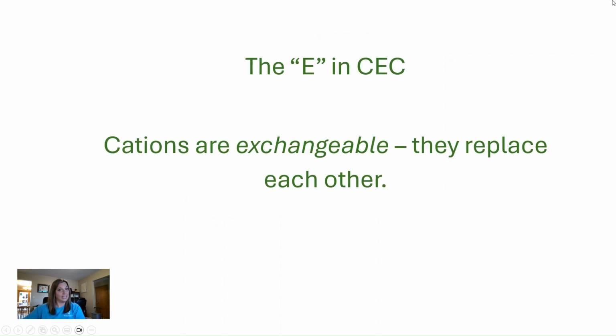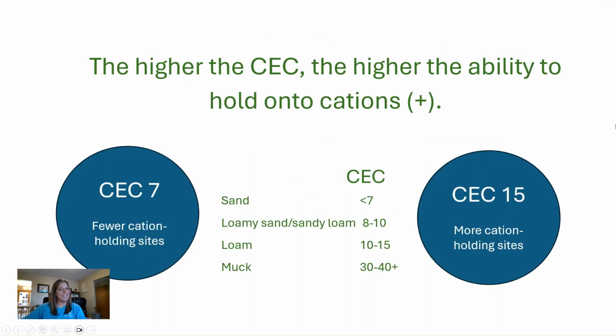The E in CEC stands for exchangeable. That just means that the cations have the ability to knock off and replace each other. The last C stands for capacity. This means that the higher the CEC number, the higher the ability of the soil to hold on to cations,